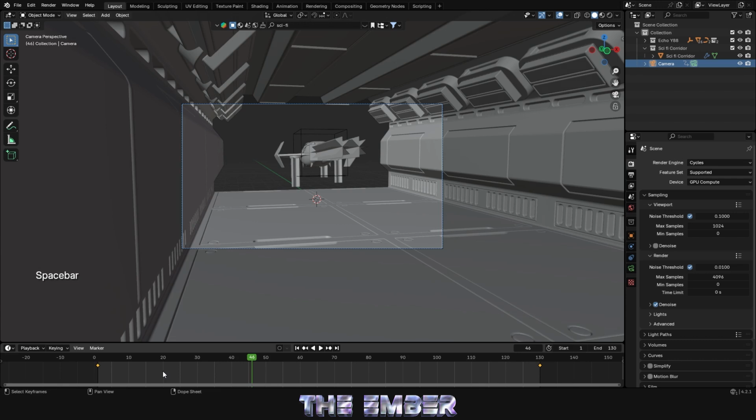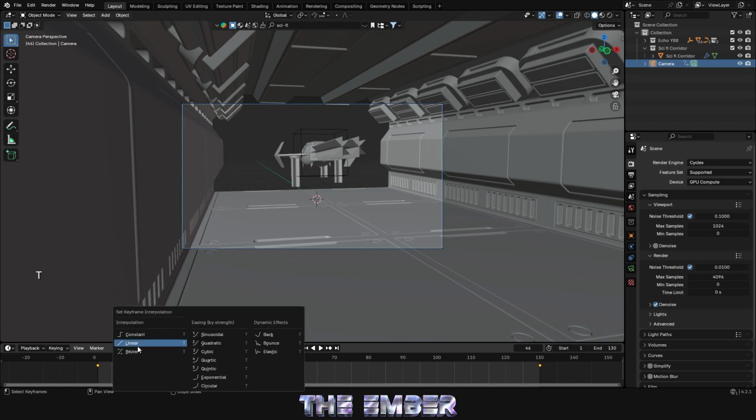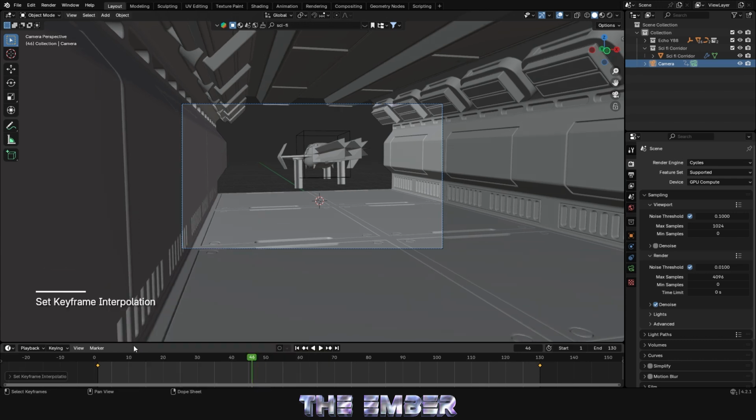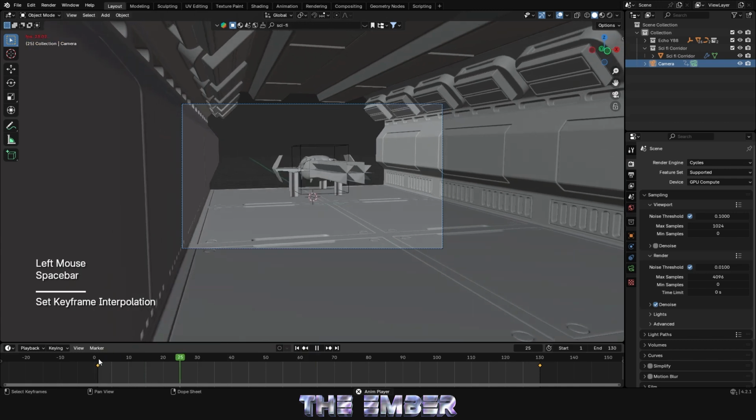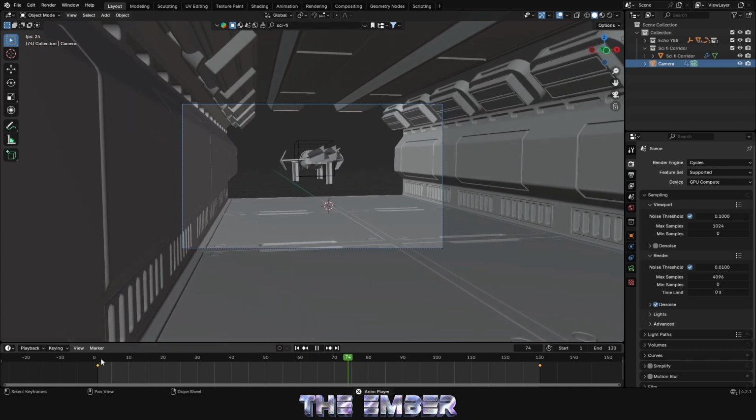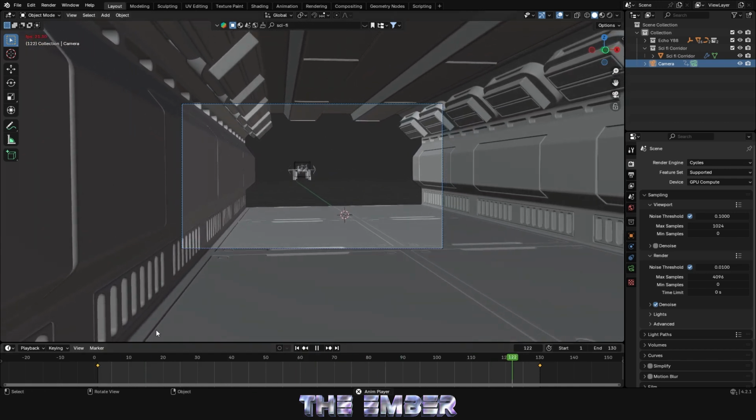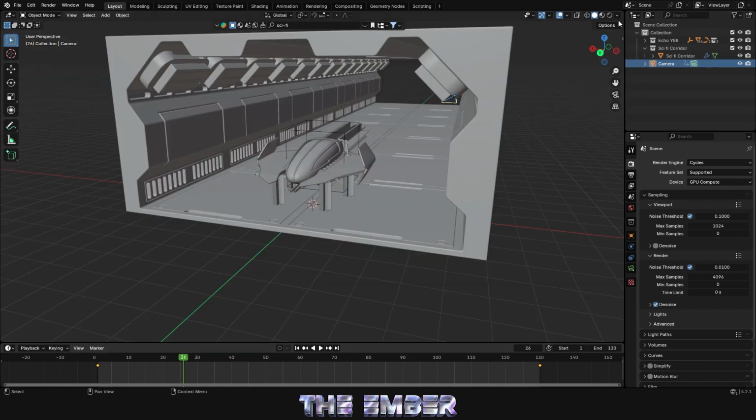You can also see how it speeds up at the start and slows down at the end. And to fix that, I'm going to press T with both of those keyframes selected, and then click linear. And you can see now it's moving at a constant speed, and it's looking a lot better. Okay, so now if we go back to render view,